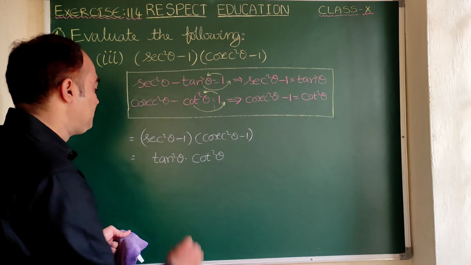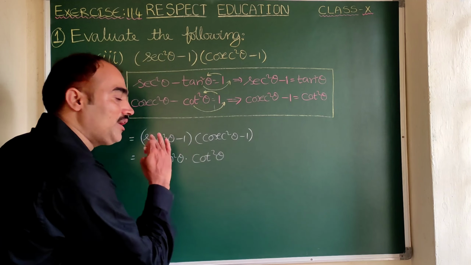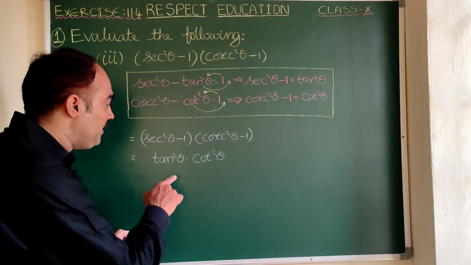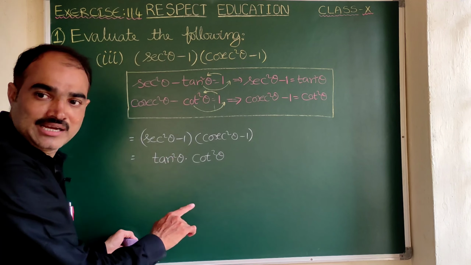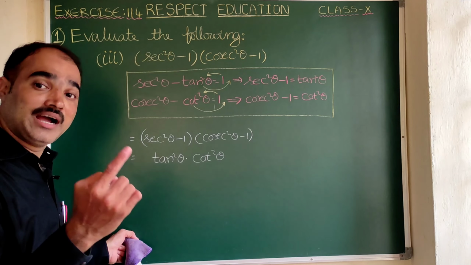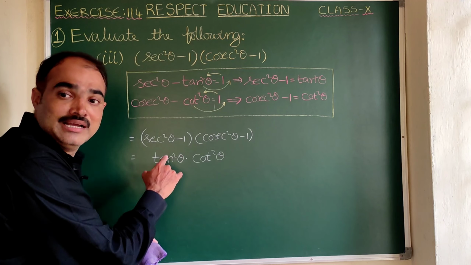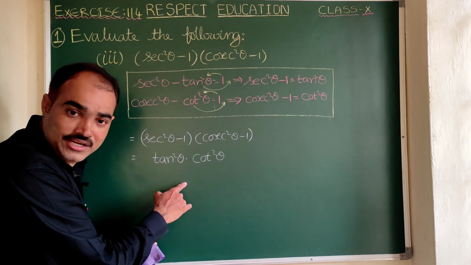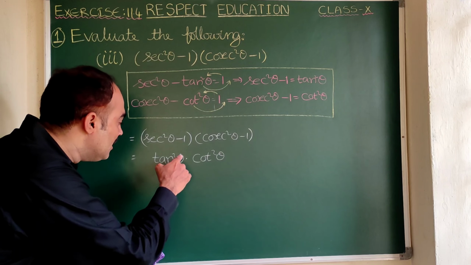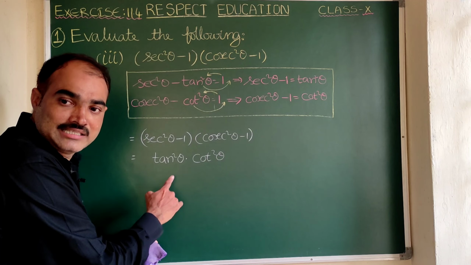Observe carefully, you think once, can we write tan in terms of cot or cot theta in terms of tan? We should think. Here there is a way. We can write tan square theta as 1 by cot square theta or cot square theta as 1 by tan square theta. That is one of the ways. Other way is, listen carefully, tan square theta can be written as sin square theta by cos square theta into cot square theta can be written as cos square theta by sin square theta. However you do, this sin square theta gets cancelled.